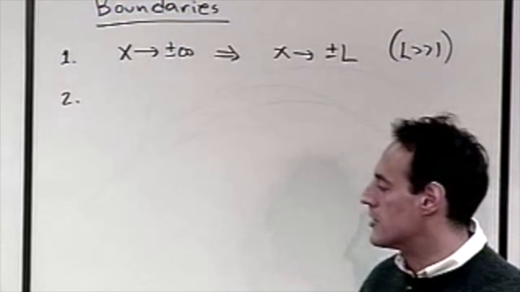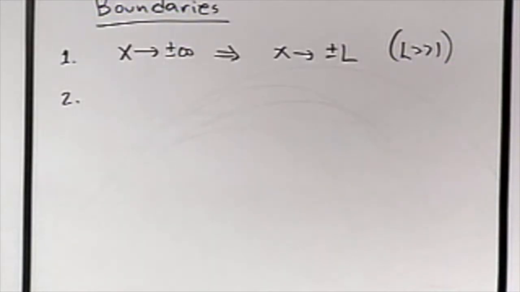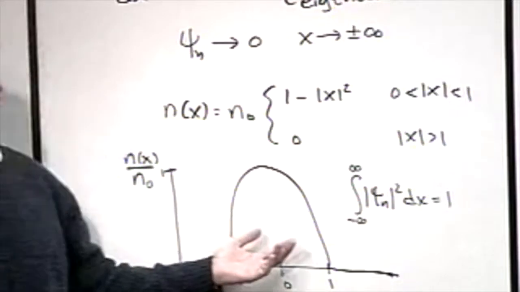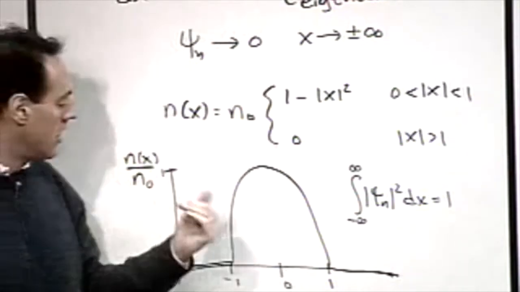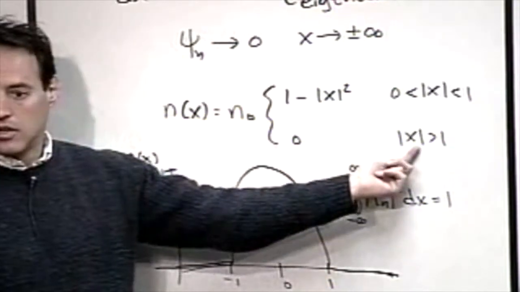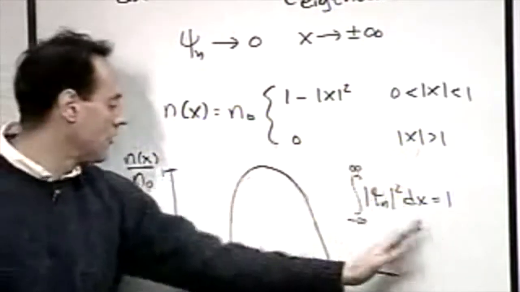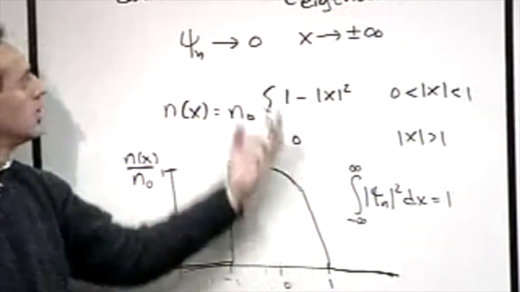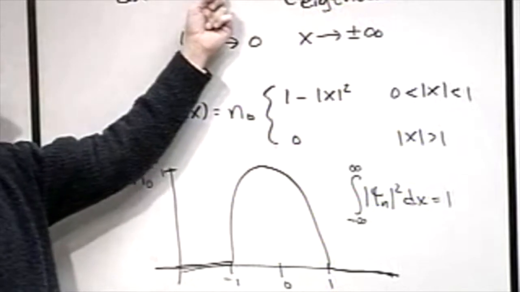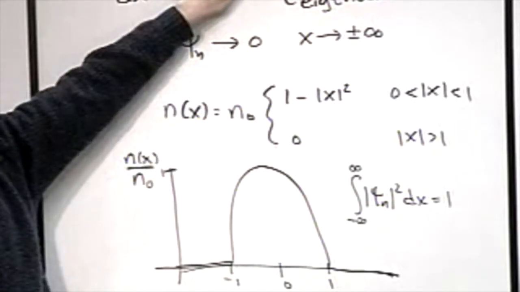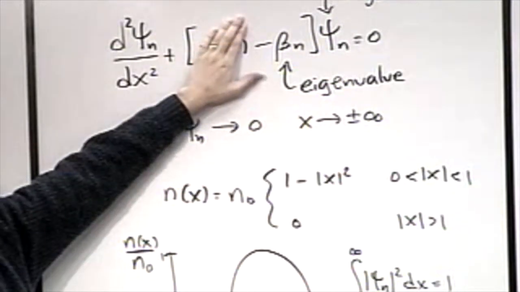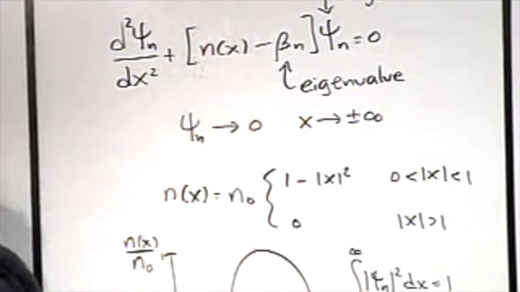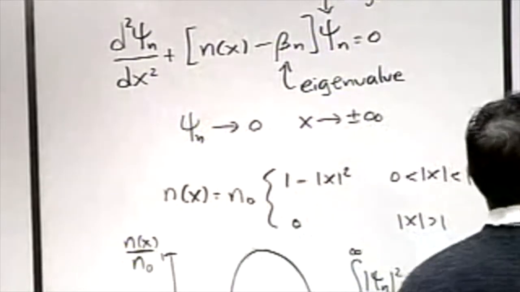So let's go back to the equation. And this is what the n of x looks like here in this equation. Notice, if we take the range x, absolute value of x is bigger than 1. In other words, we're outside of this little region here. This is 0. Right? So what ends up happening with this equation, that's 0. And we can look at what's left. And that's exactly what we're going to do. We're going to say, okay,